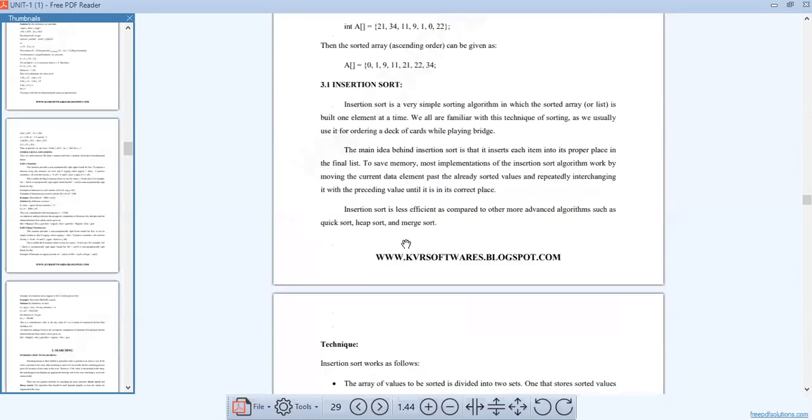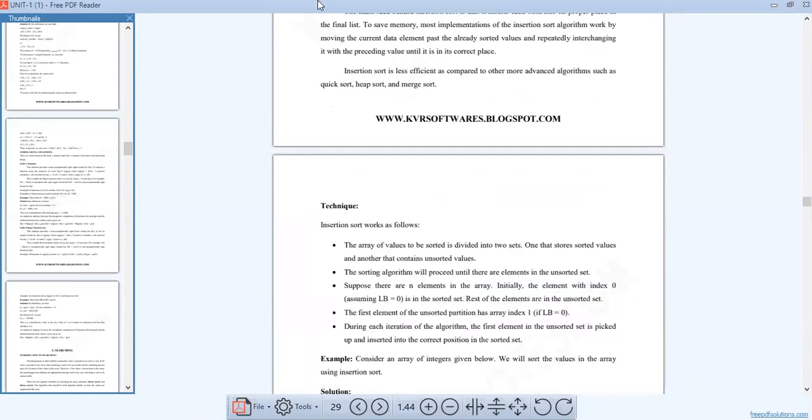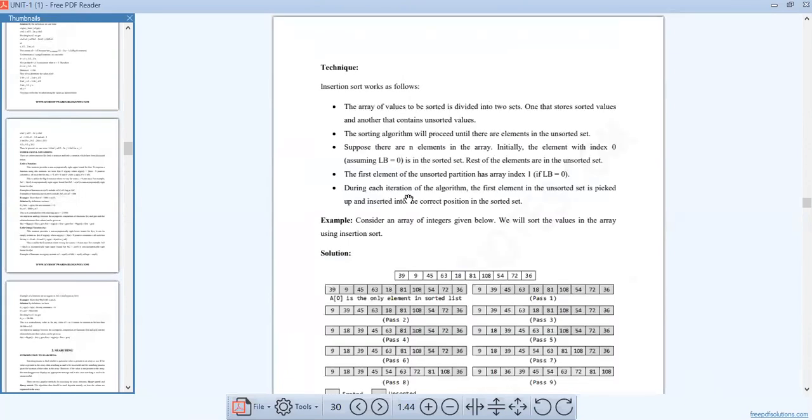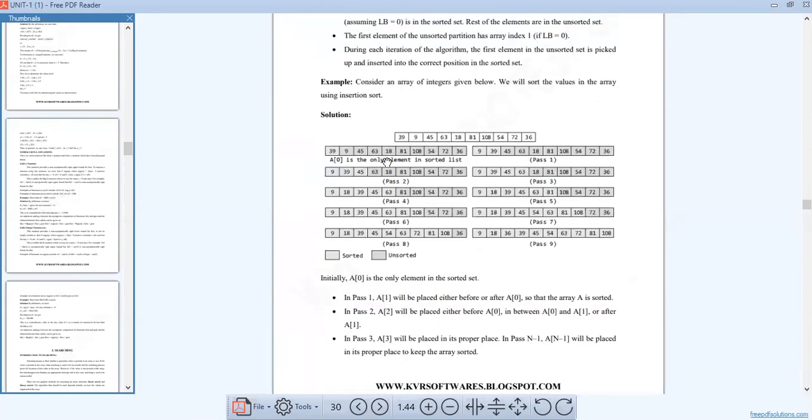Did you understand insertion sort, all of you? Are you clear about the insertion sort example?